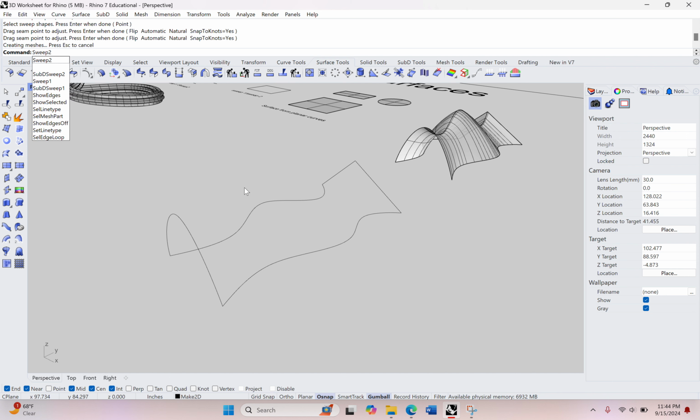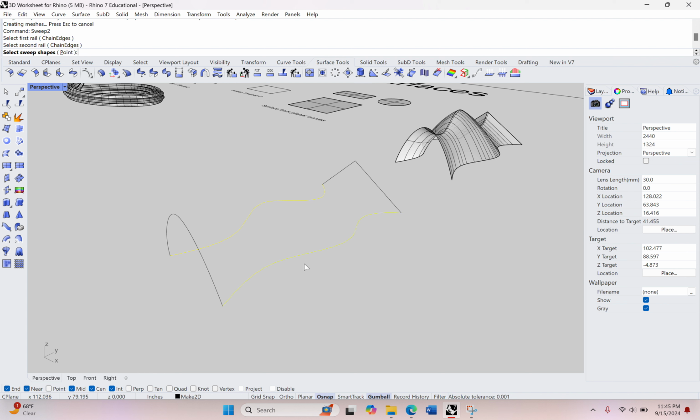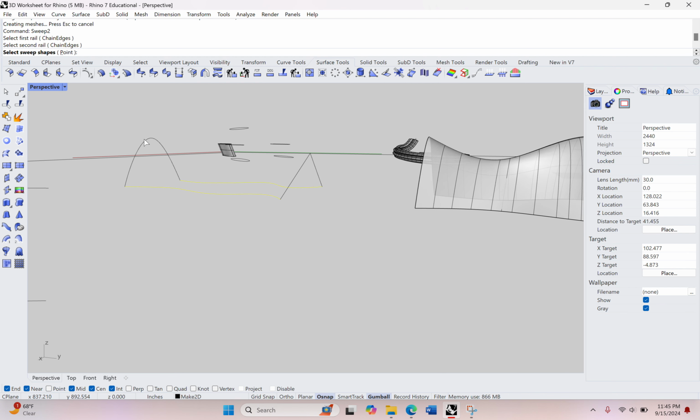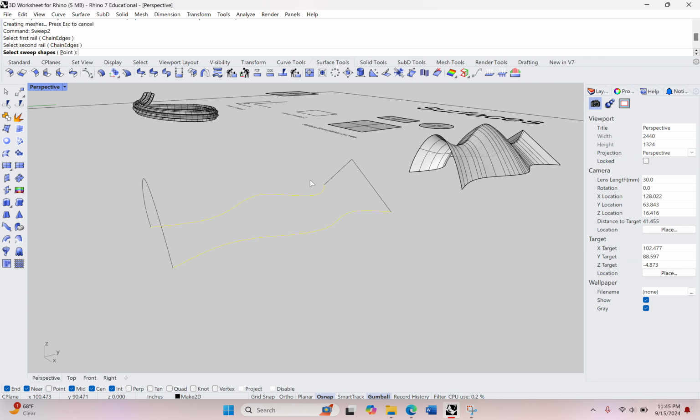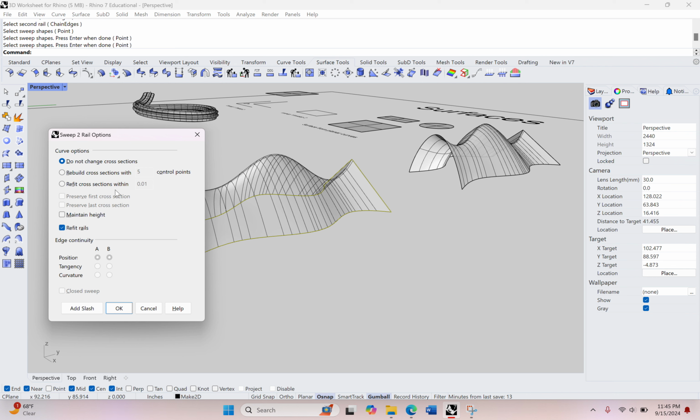Sweep 2 in the command bar. I'll select my first rail and a second rail, and then it asks to select sweep shapes. I've got these 2 other shapes attached to these rails. So let's do this one and then this one, and then enter. I'm not going to make any changes now, although